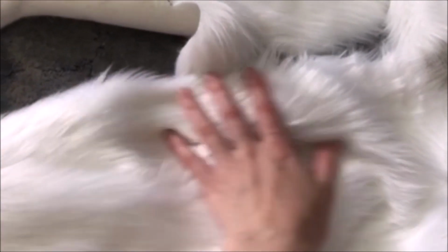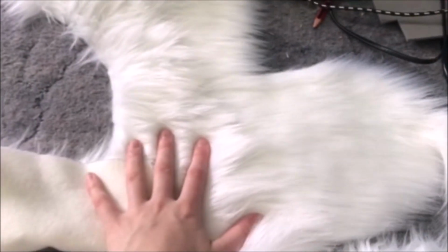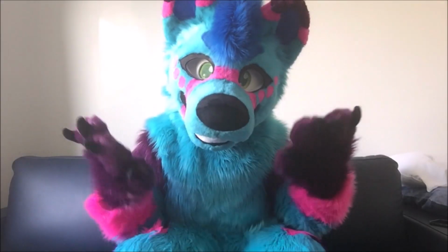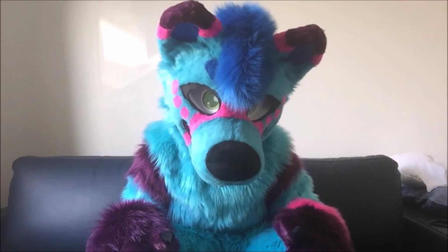This stuff here is from Big Z. It's a lot softer and it bends. And it has more of a realistic texture as well, so I definitely recommend this over the fur from Spotlight. So it's just not so great. This stuff costs around 70 bucks a meter, so